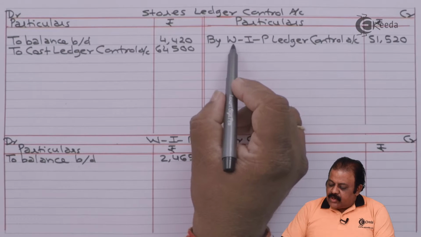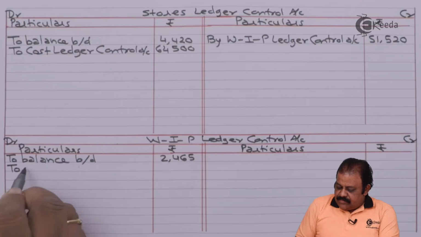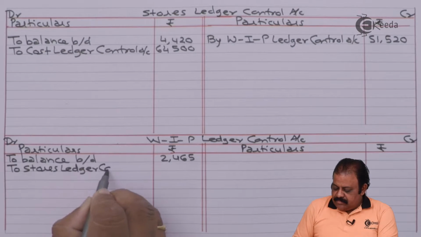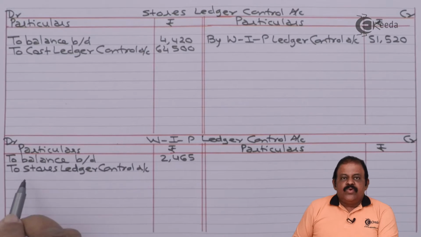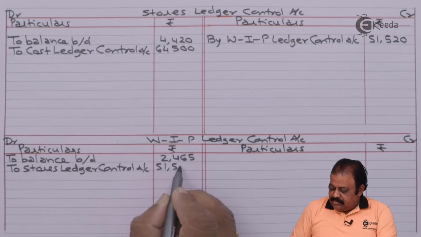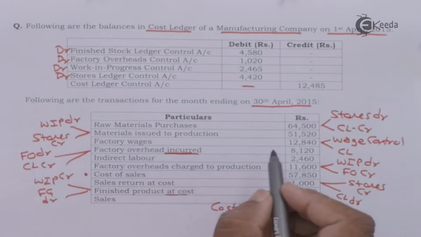This will be debited to work in progress ledger control account. To stores ledger control account 51,520. Factory wages